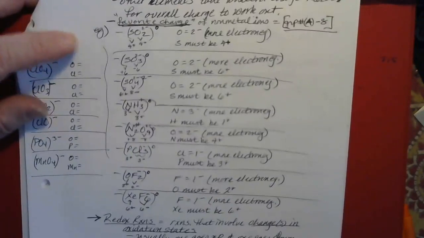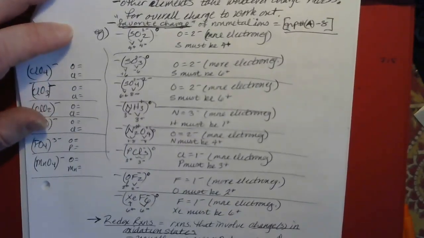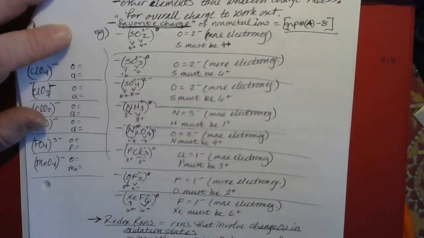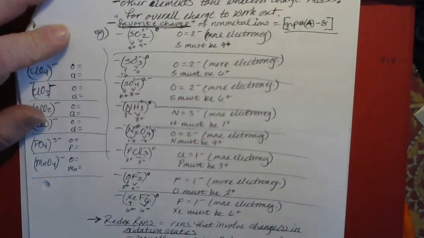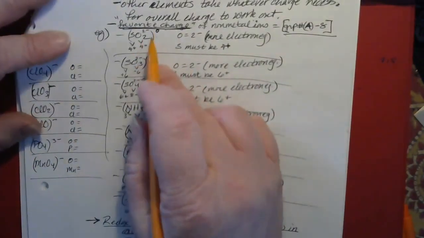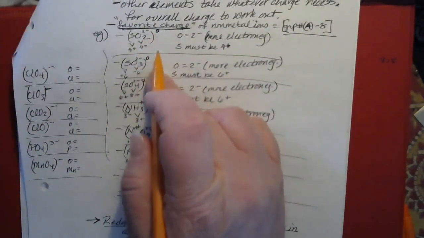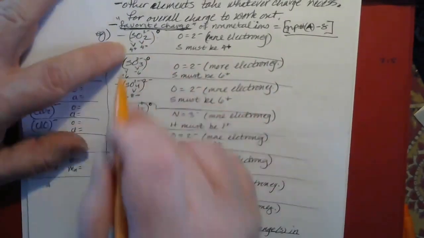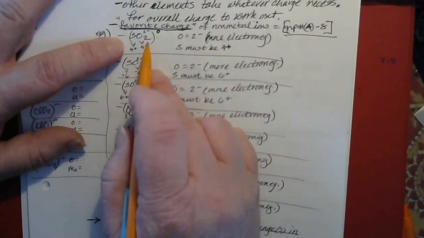And I've done some examples here working out the charges using the electronegativity method. They go over some examples using the book method in the book, so I'll leave you to look at that. But you should be able to use either method and end up with the same oxidation states. If you have something like sulfur dioxide,